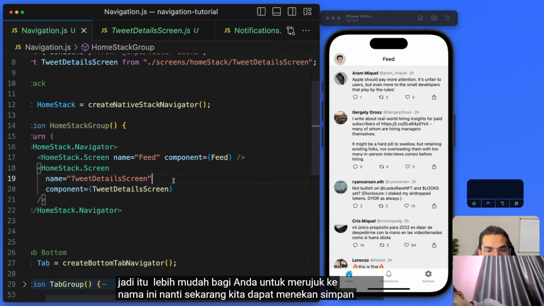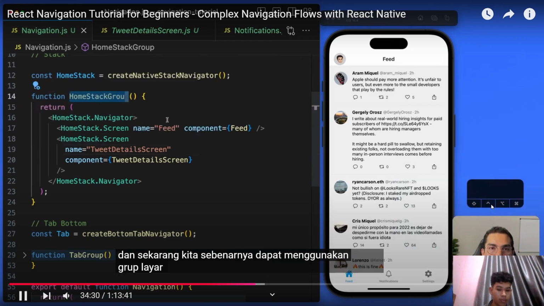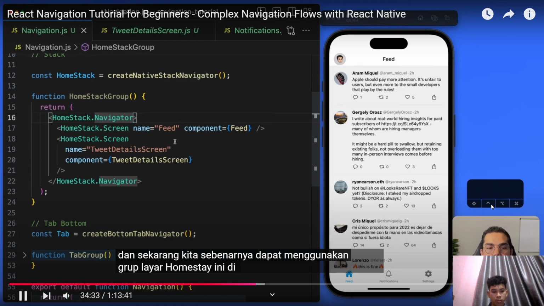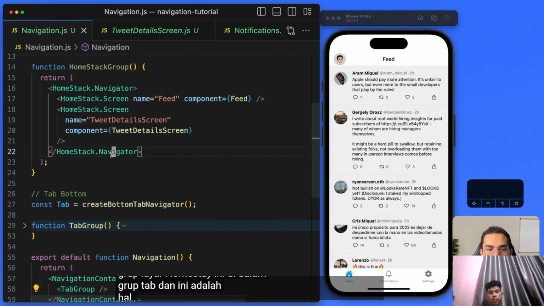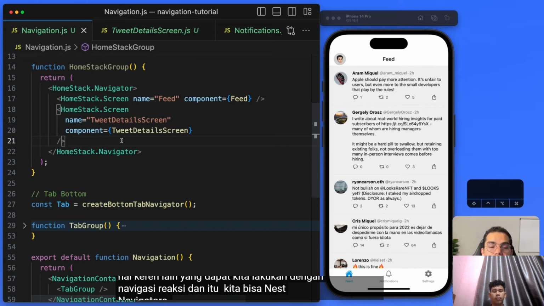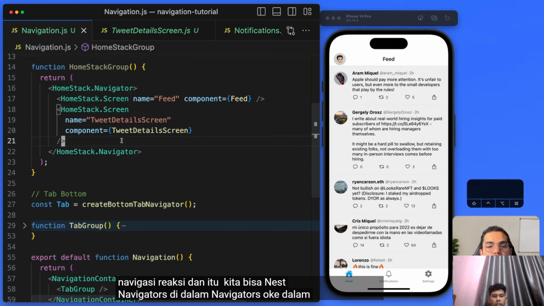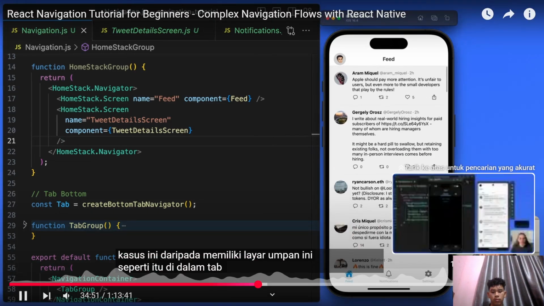Now we can hit save, and now we can actually use this home stack group of screens inside of the tab group. And this is another cool thing that we can do with React Navigation, and that is that we can nest navigators inside navigators, okay? In this case, instead of having this feed screen just like that inside this tab,